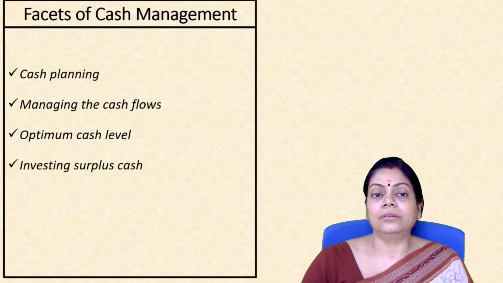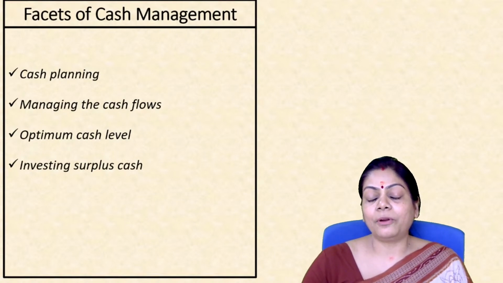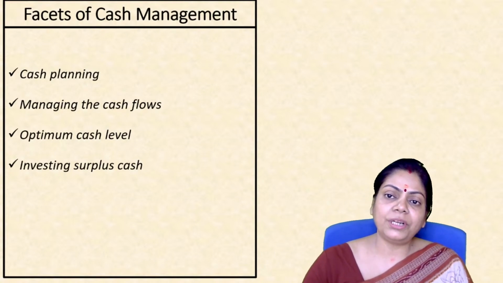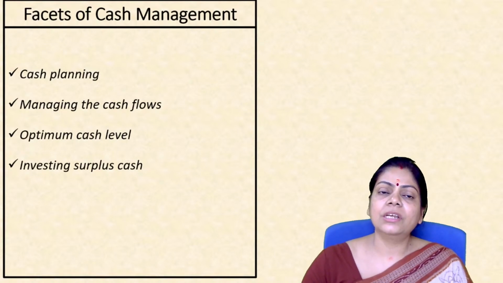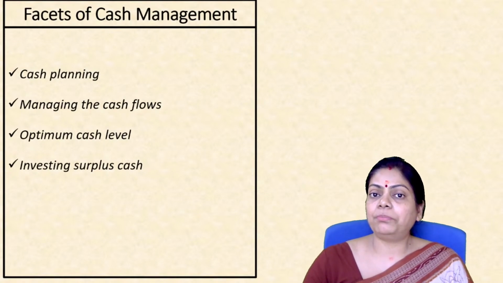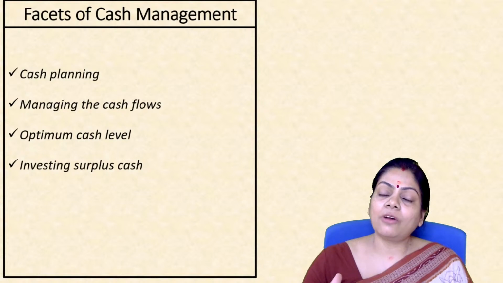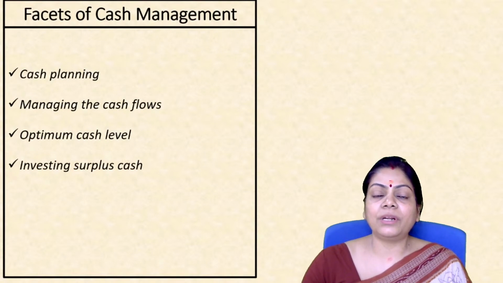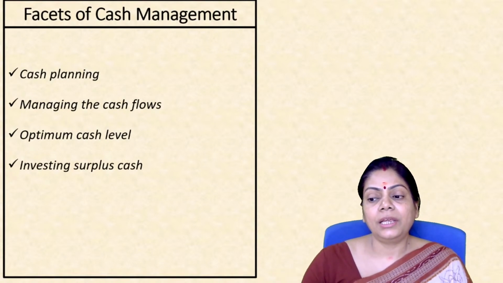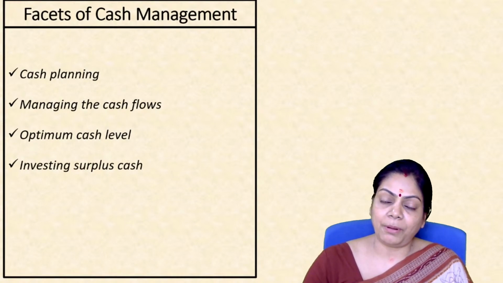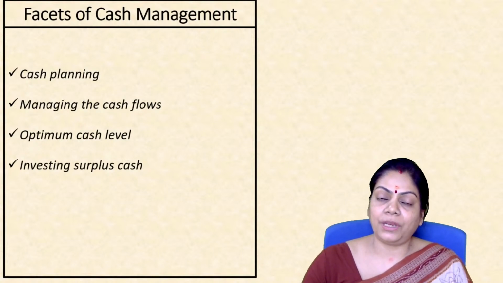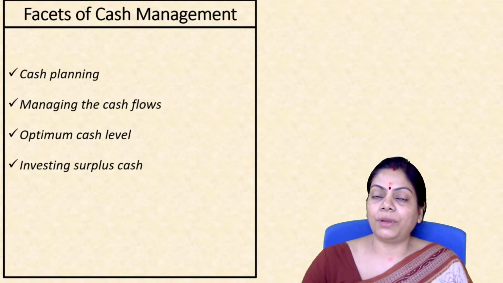And an example of a cash outflow is payment of salaries. There are several examples of cash outflow: payment for raw material, payment of salaries, payment of interest. So various kinds of cash outflows. Now, we're talking about cash management simply because my cash inflows and cash outflows are not matching. That means, let us assume that today is 10th of April, and today, if I have a payment requirement of 3 lakh, and I know that at the end of the day I'm going to receive 3 lakh rupees in cash, then I need not plan for my cash.